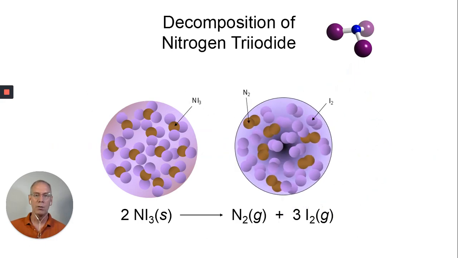decomposing, rearranging the atoms into nitrogen gas. Remember, nitrogen is one of the Hoberfinkel twins, N2, and iodine gas, I2. That's another diatomic. So there's a chemical reaction with a rearrangement of the atoms. There's also energy released because this is an exothermic reaction, or also called an exogonic reaction, because the energy is